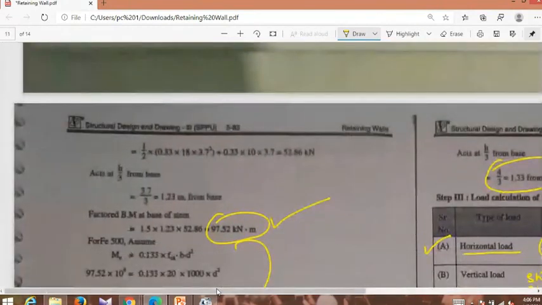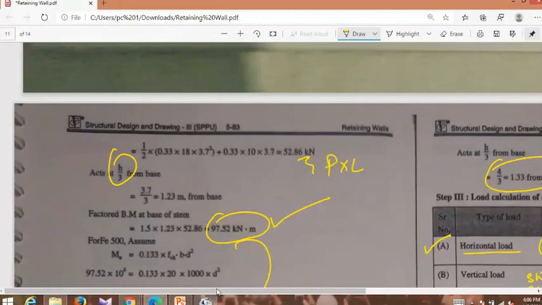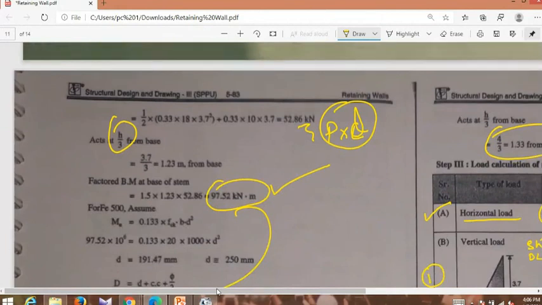Okay, you will get the load, and it will act at one-third the height. Therefore, load into perpendicular distance, what we will get? We will get the moment. Okay, bending moment. Just factor it to get the ultimate moment. Ultimate moment acting on this stem is 97.52, which will help us to calculate the load on the